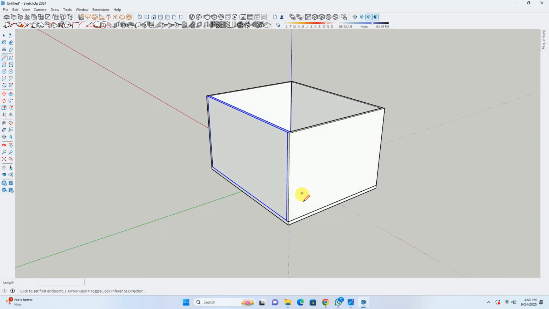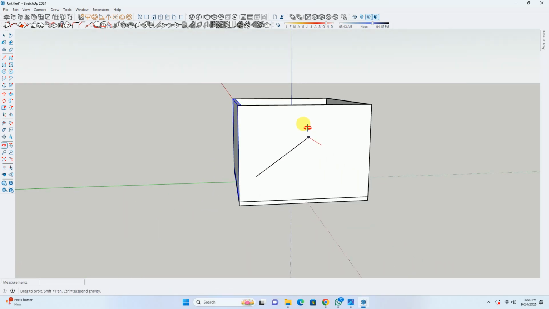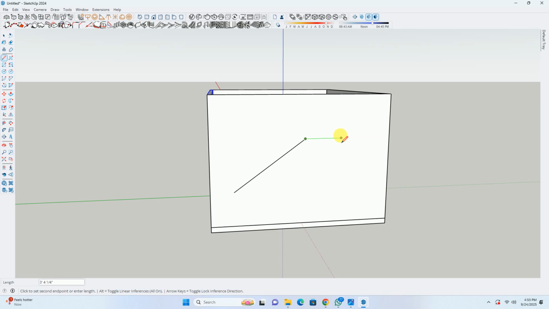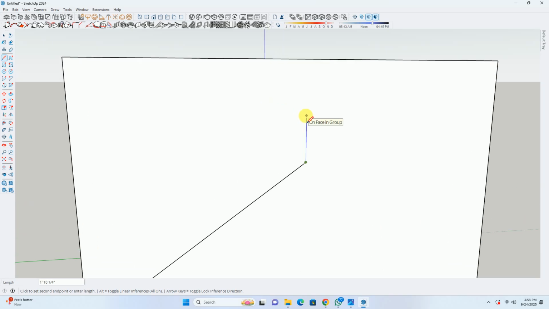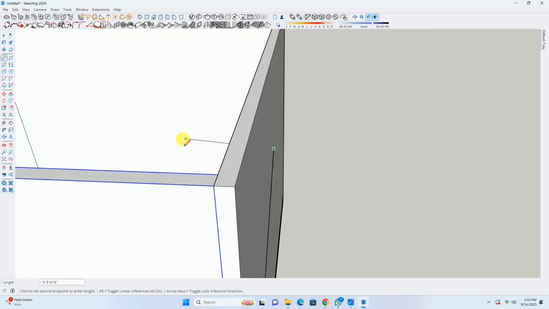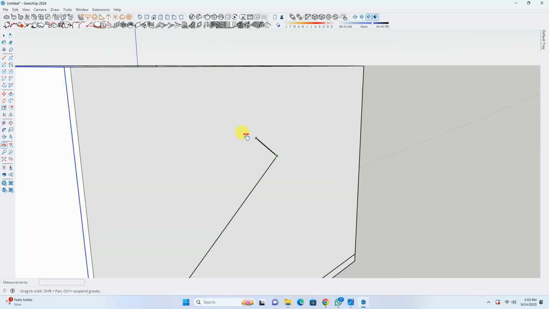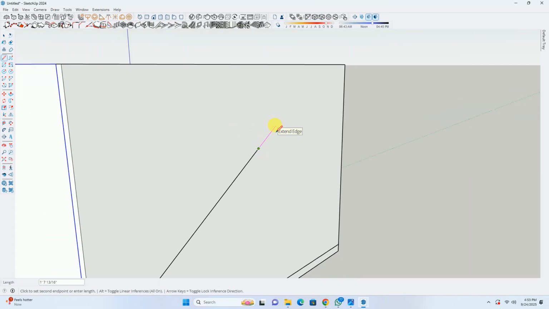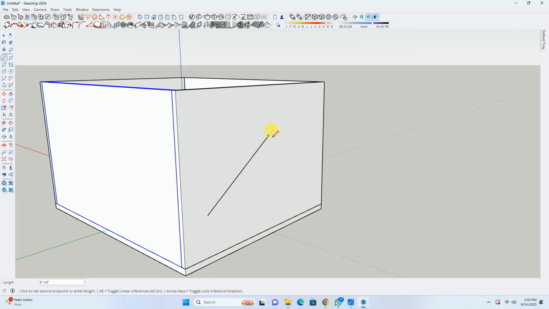Like, if I create a line at a particular angle, and now I want to create another line, you can see if I move the mouse along the green axis, it will be represented in green. If I move the mouse in upward direction, it will be represented in blue axis. And if I move horizontally, it will be represented in red axis. But if I move the mouse in the same direction as the previous line, this will be represented with which color? Magenta. So it is defining that it is moving the object in the direction of a previously created object. So that's why you will get some magenta lines also.